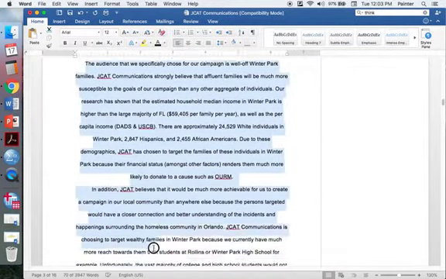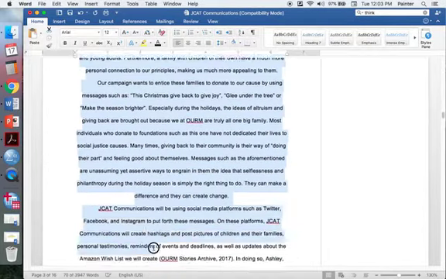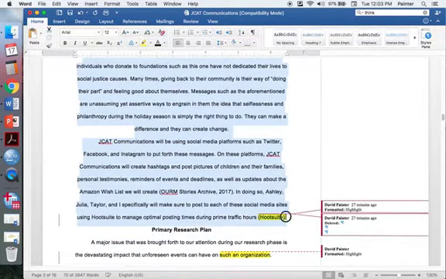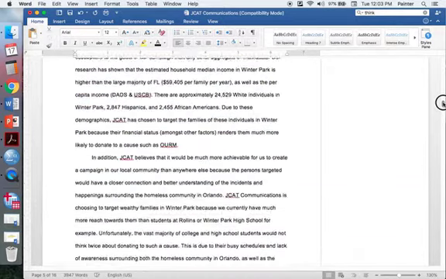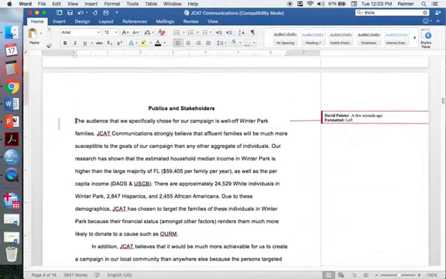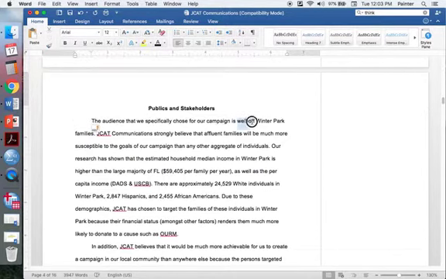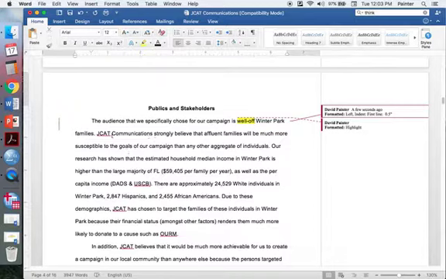So what are your audiences and who are your stakeholders? I'm not sure I saw anywhere here where you talked about stakeholders for your ORUM, right? And what does well off mean? You believe. Okay, that's great. I'm glad you believe it. But what does that have to do with anything? And why are we talking about the goals of the campaign rather than any other aggregate of individuals?